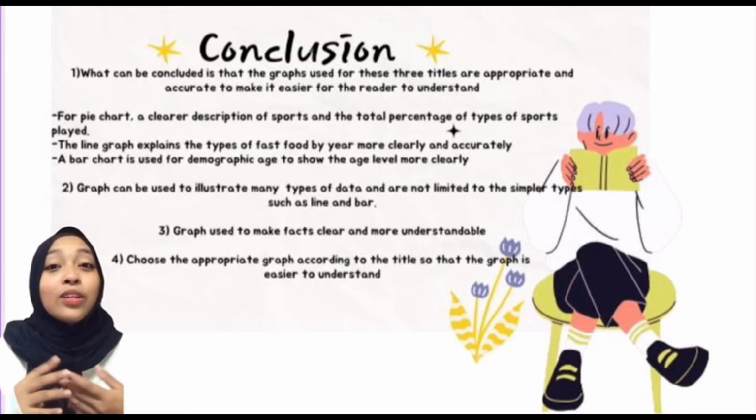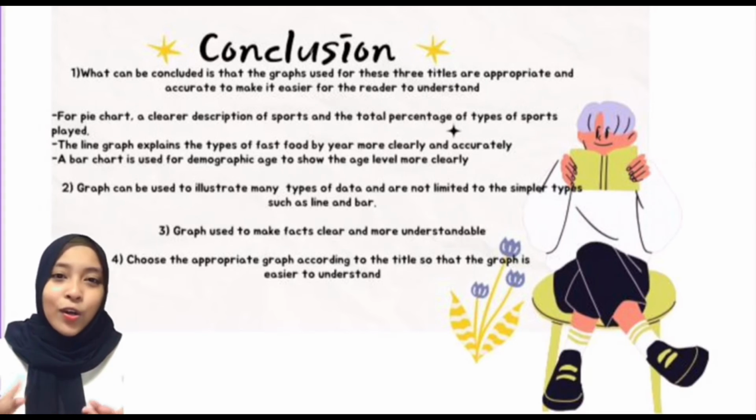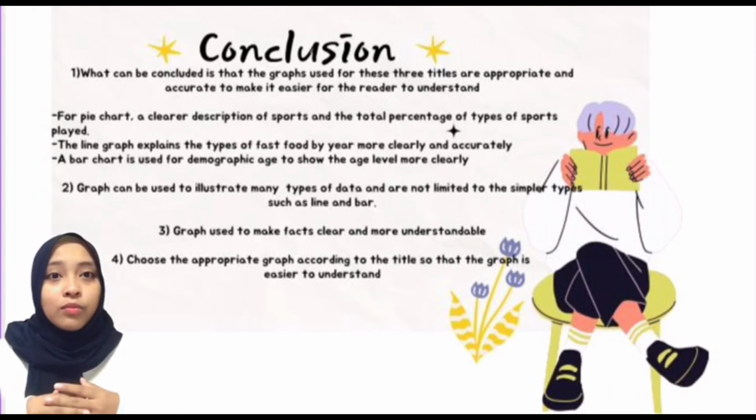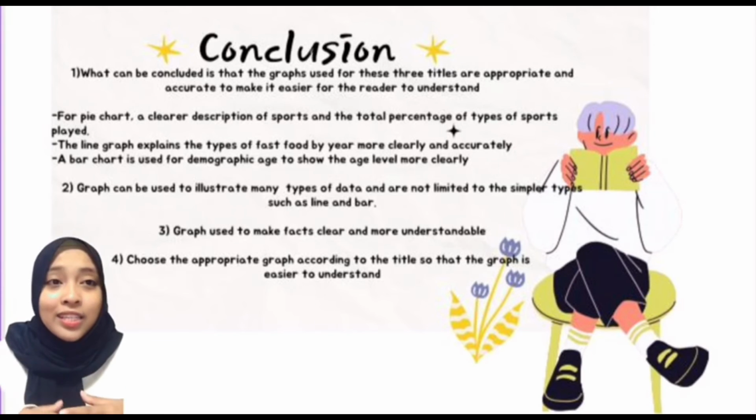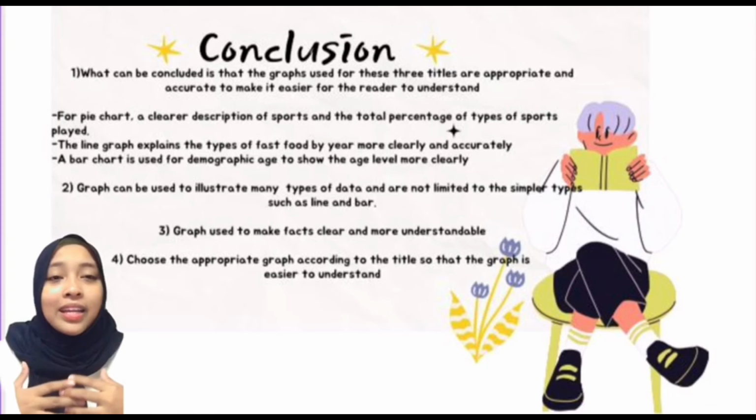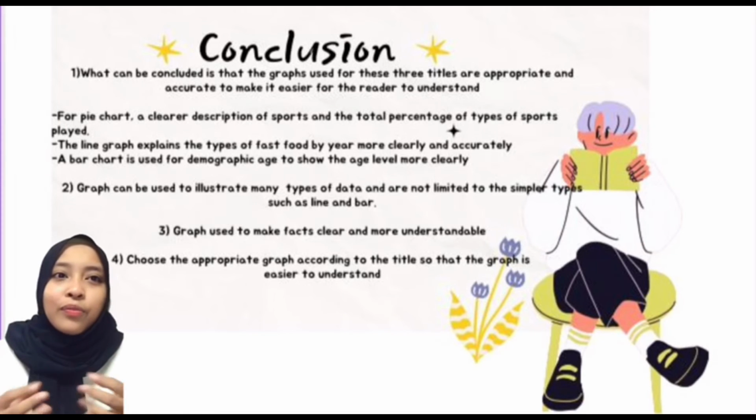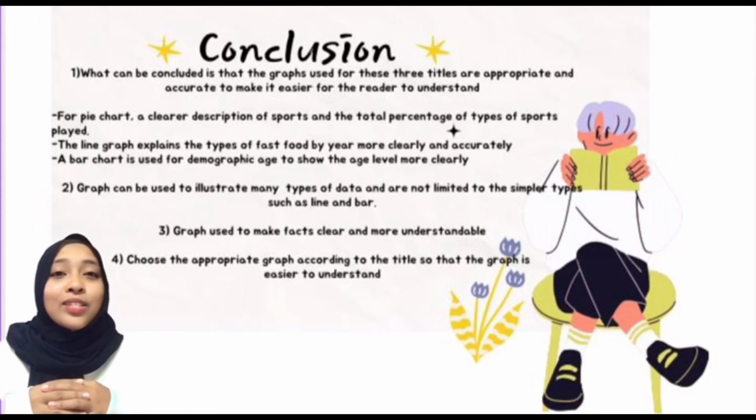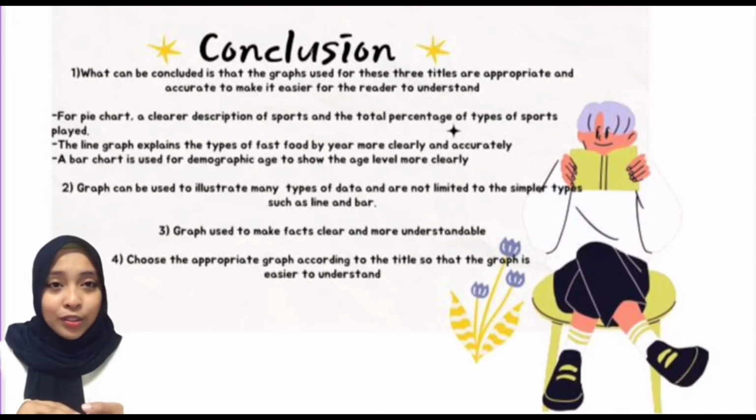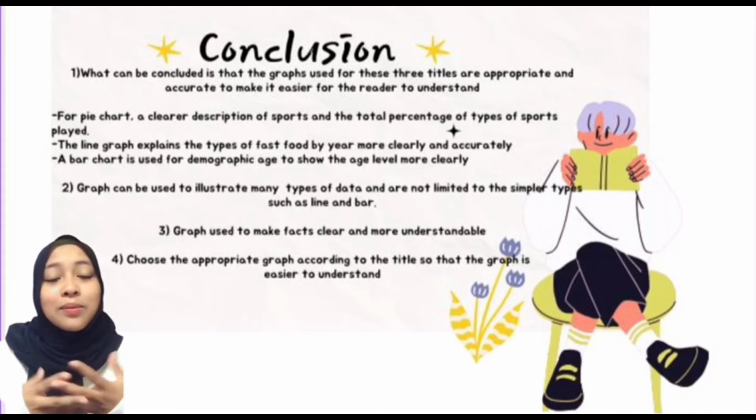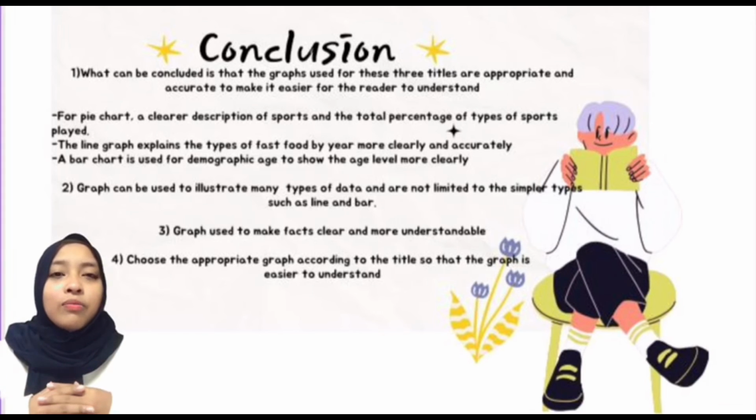So now I will go to the last slide, which is conclusion. So what we can conclude is that the graph used for these three titles are appropriate and accurate to make it easier for the reader to understand. So now I will conclude one by one from pie chart, line graph, and the last one is a bar chart. So for the pie chart is a clear description of sports and the total percentage of types of sports